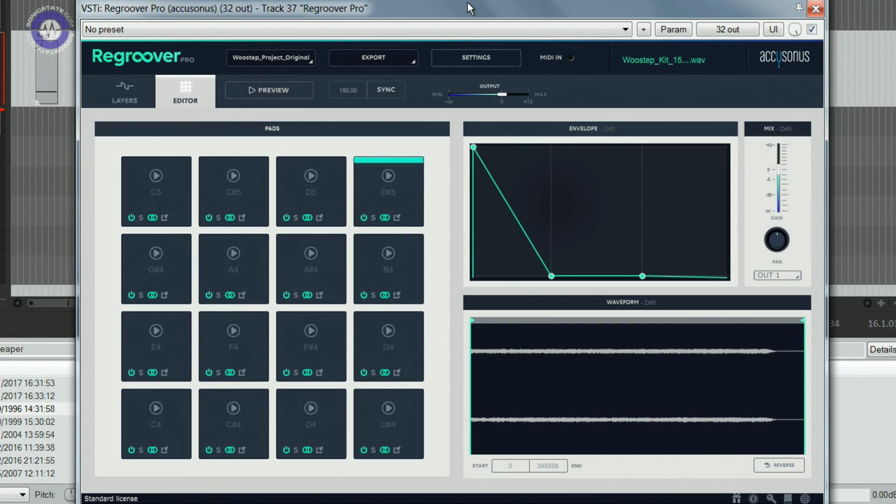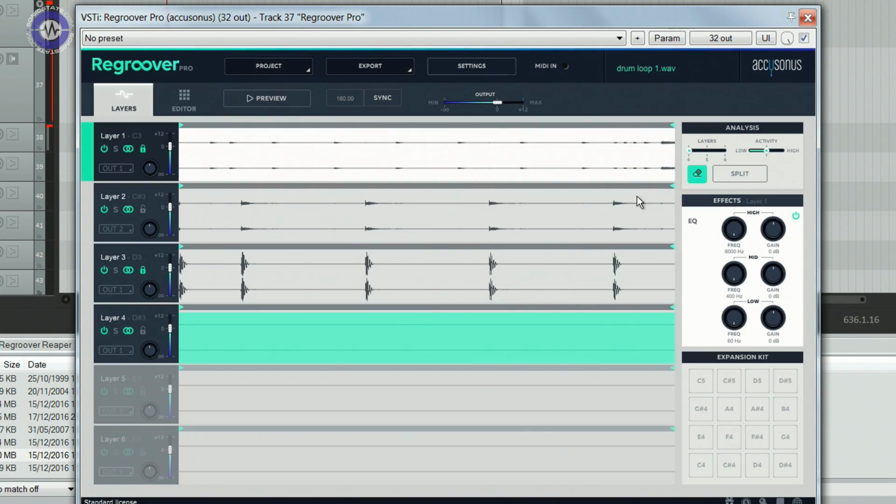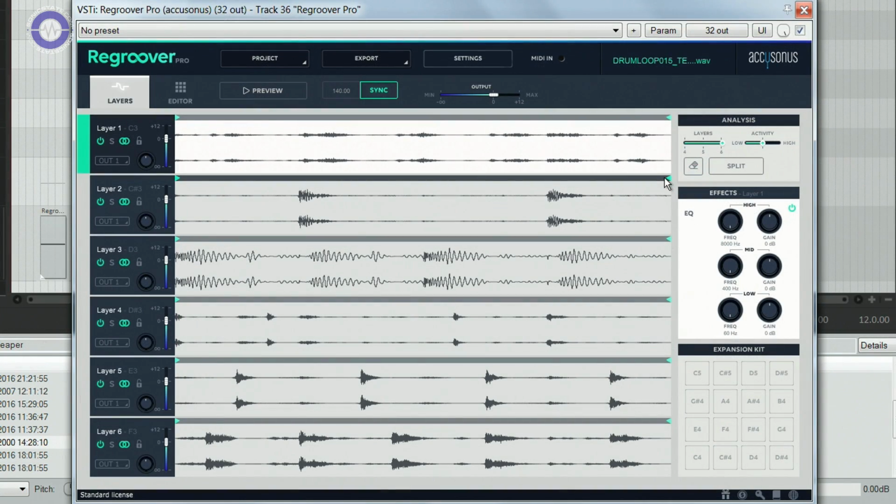Also, if you want to open a new Regroover project or extension pack, your DAW session needs to match Regroover's project sample rate. For example, Accusonus expansion packs are at 48 kHz, so your DAW session will need to be the same. Similarly, every time you press split to analyze the audio or change Regroover's BPM when sync is enabled,